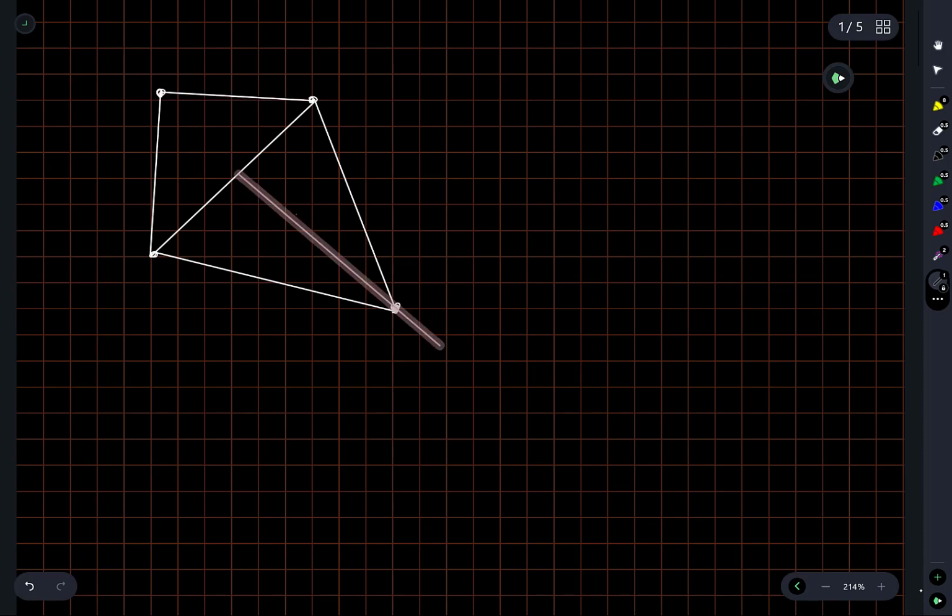Okay, so we have something like this. And then I'm going to repeat the same argument with the other 2 points. So these 2 points are fixed. I can allow these 2 points to slide around,